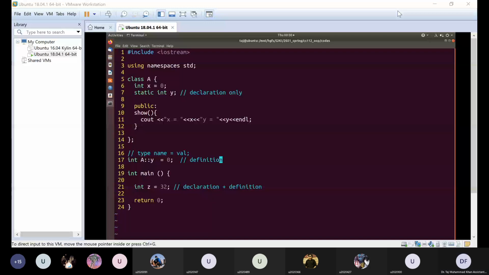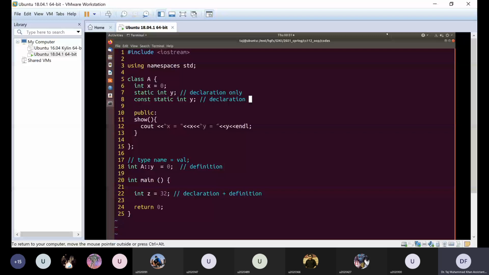Okay. Exceptional cases, for example, the C++ standard allows that if this integer is constant, then we can declare and define it inside the class. Not y, let's name it something else.